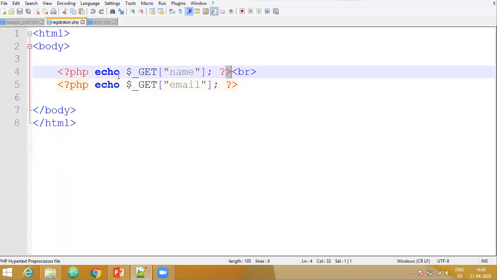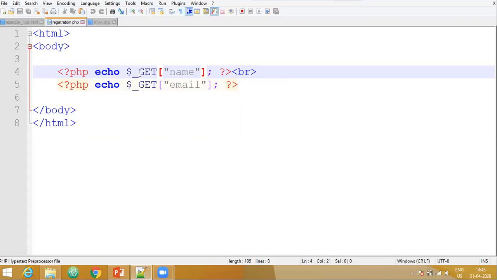Now here the echo keyword basically works like the printf statement. It is going to print the output on the screen. So you have two options, one is echo and another is print. We will make use of echo here. Now here you can see I have a variable $_GET. So this indicates that I have used the get method in my form.